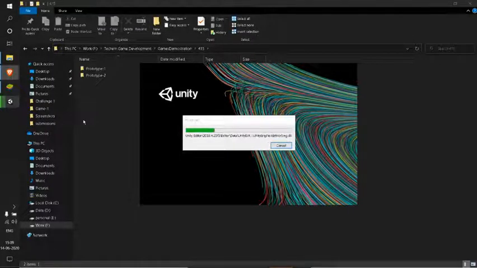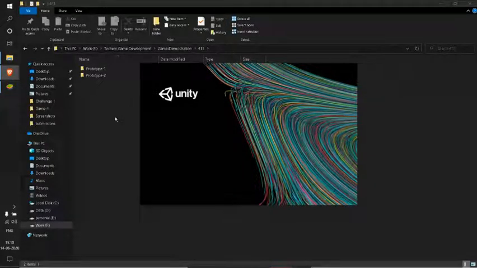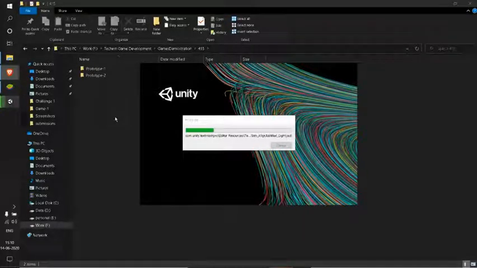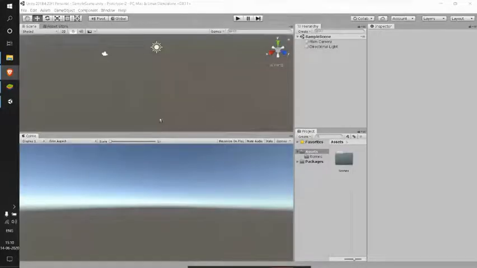Just give it some time, it will open. So here is my Unity editor.